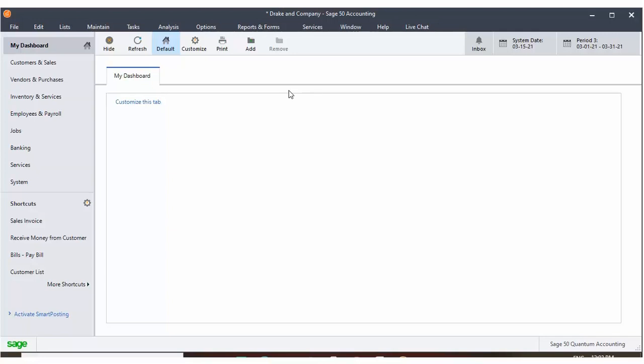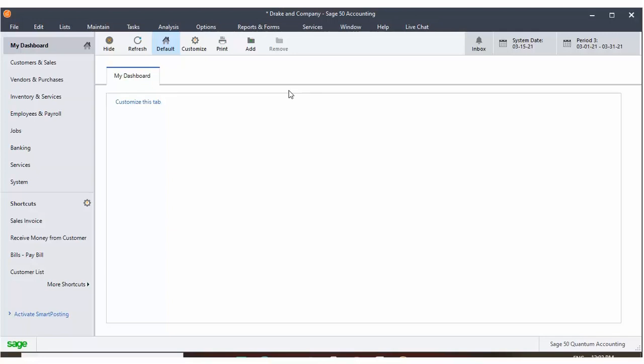Importing and exporting data. 1. To export data within Sage 50 to a .csv file, separated value, select File, select Import or Export from the menu bar to open the Select Import or Export window. 2. Select the file to export, and then click the Export button. 3. Use the Filter and Fields tabs to select the export options for the file. 4. To specify a name and location for the file to be created, click the gray arrow button in the upper left corner of the Options